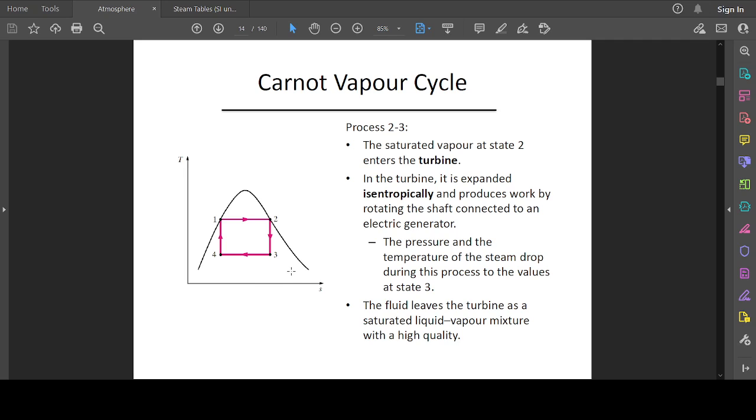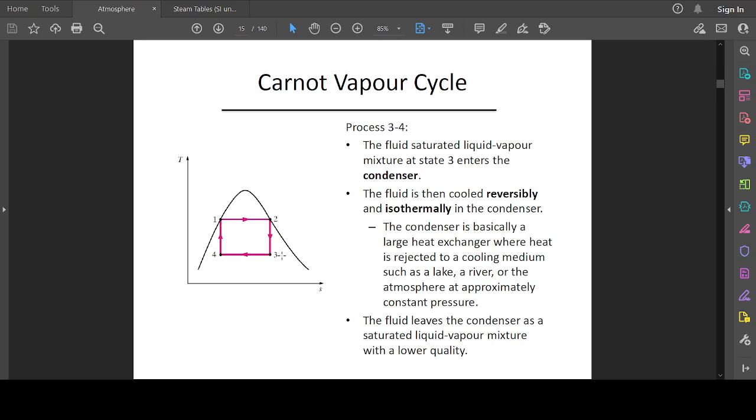The fluid is determined as a saturated liquid from stage 2. At stage 3, the fluid leaves as a saturated liquid and vapor mixture. So at stage 3, the saturated liquid and vapor mixture enters a condenser here, and this is reversibly and isothermally cooled in the condenser. The condenser is basically a large heat exchanger where heat is rejected to a cool medium such as a lake, a river, or the atmosphere, at approximately constant pressure. So the fluid leaves the condenser here as a saturated liquid vapor mixture,